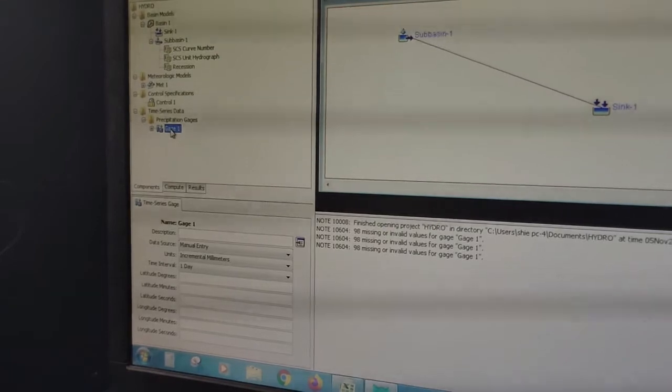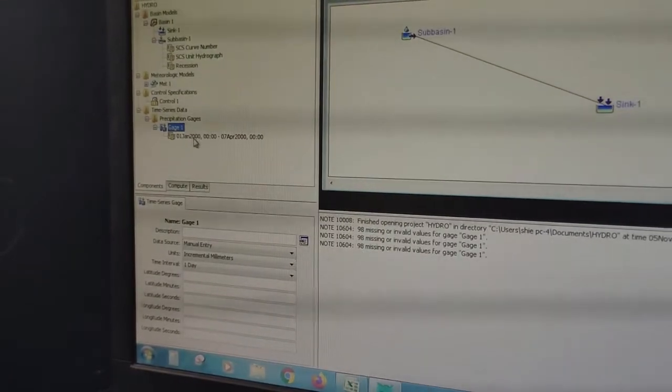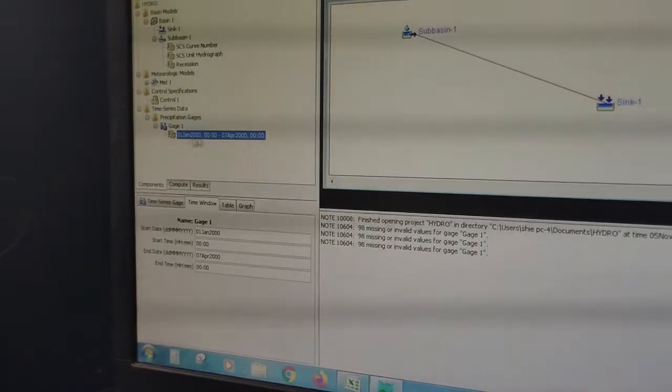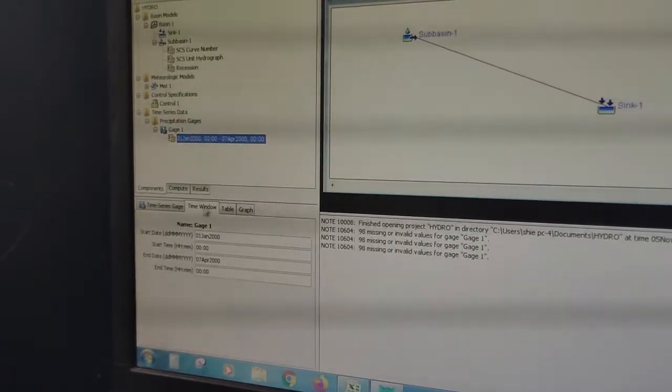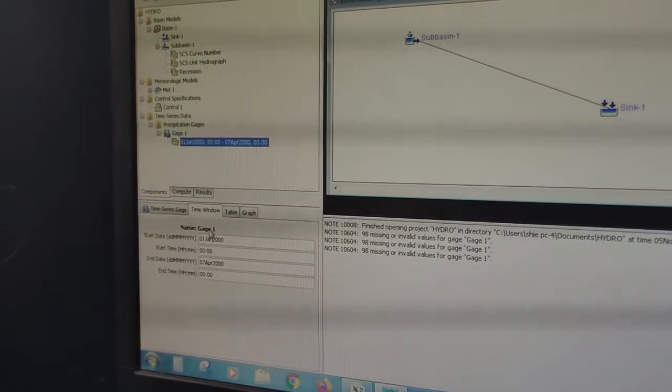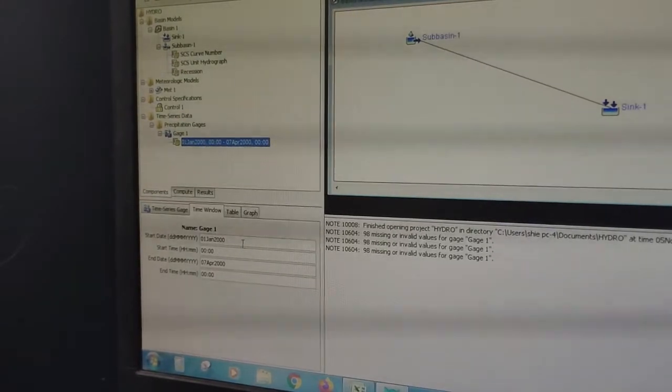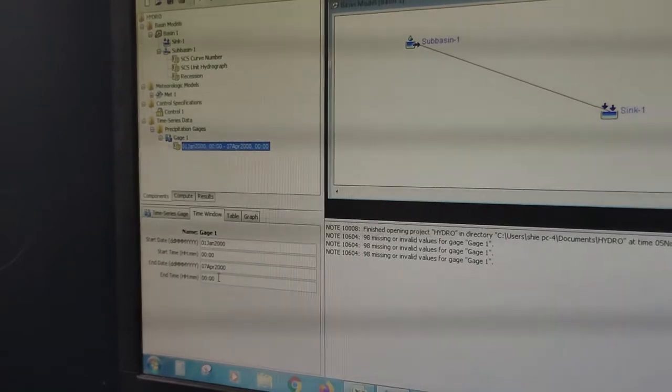Now we'll double click on gauge 1. You can see the time interval is specified here. So here the time window appears under gauge 1. Again we have to reset the start date and end date.